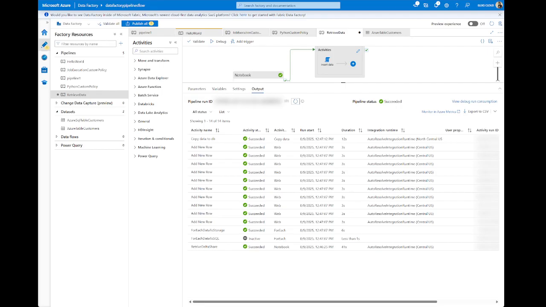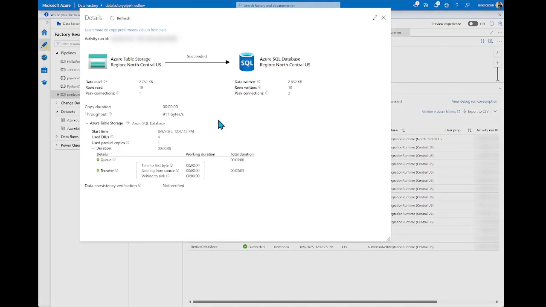Let's go back to the data factory and see what we have. So we have the same logic, row by row to the storage table, but here we have a copy activity. And this is an interesting fact, that you can monitor some details. So you can see information about this transferring of data from the storage account to the SQL database.